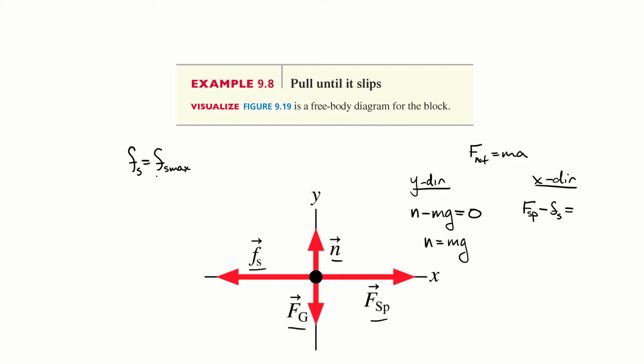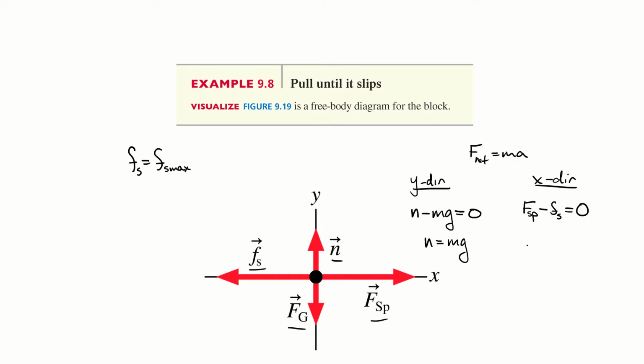When those are equal, that's going to be the time that that block starts moving, because time's going to slowly increase. Fs is going to get bigger and bigger and bigger. It's going to reach Fs max. That's when it's going to slide, at that instant that it crosses that. But at the last instance it's stationary, it still hasn't accelerated. So we have the net force is going to be equal to 0.